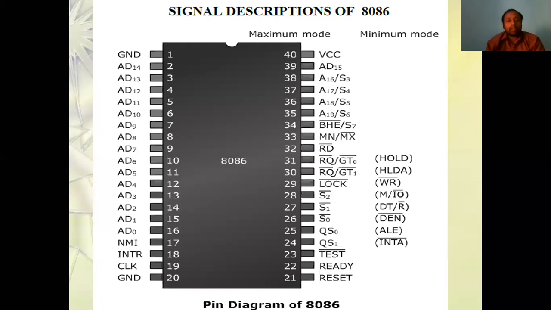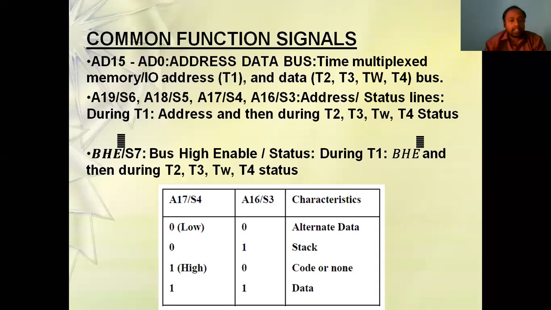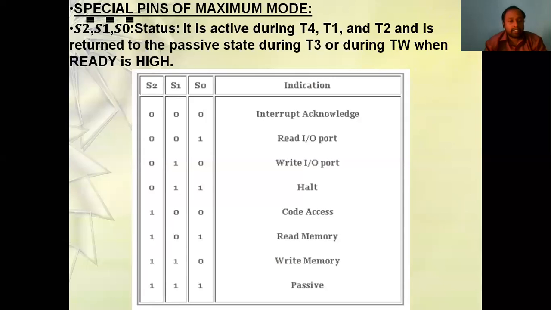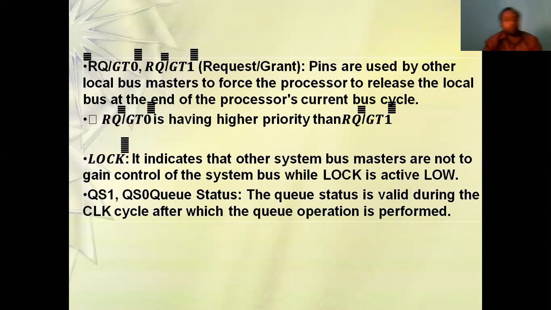These are called control pins, where they are meant to control the operation, like whether I should go with the write operation or read operation, or a memory operation. Whether I should interface with memory or with some peripherals is decided by this control pin. Generally, those descriptions are given in this signal description. Just go through it, each and every pin has a specification. These are the status pins. So request granted, and like that the pin description is given till here.